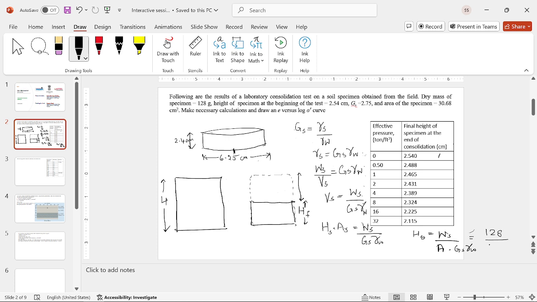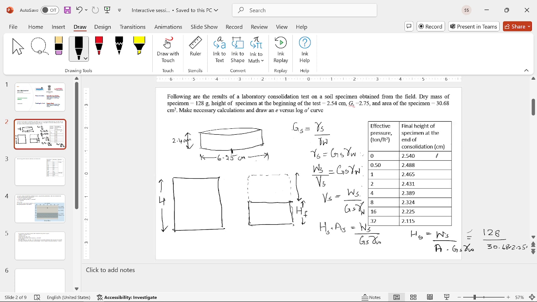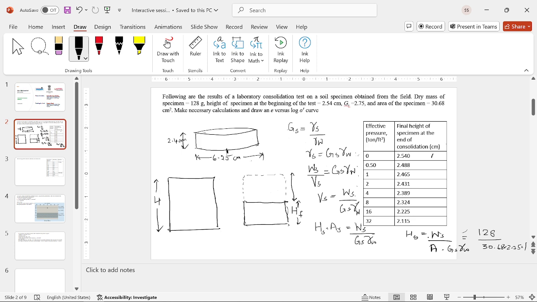Area has been given as 30.68. G has been given as 2.75, and let's take gamma W as 1 gram per cc. So height of solids we can calculate at